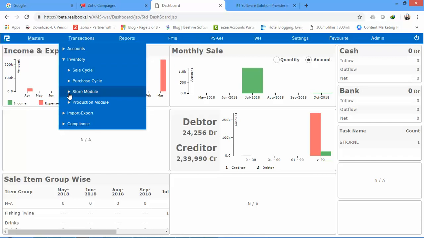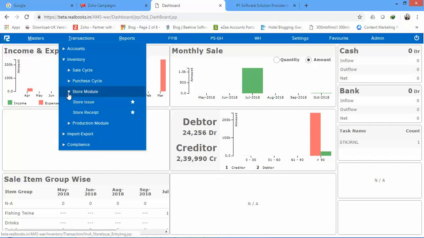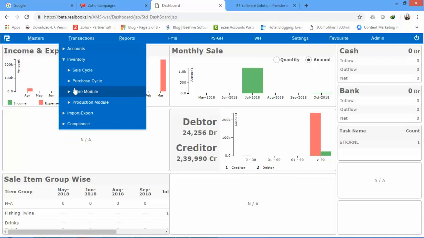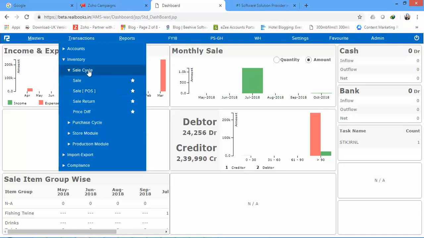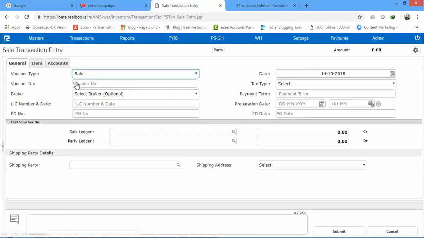We have two options. We have what we call store issue. In this training, I'm not going to show store issue. I'm going to show transfer from one branch to another. But I'll use this option called sale like this. And instead of this default sale, I'll choose stock transfer out. This helps to track branch profitability, as if I'm selling to the branch but I'll still transfer stock out. So you choose this option, and then here